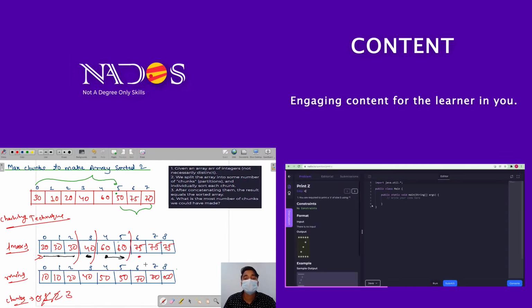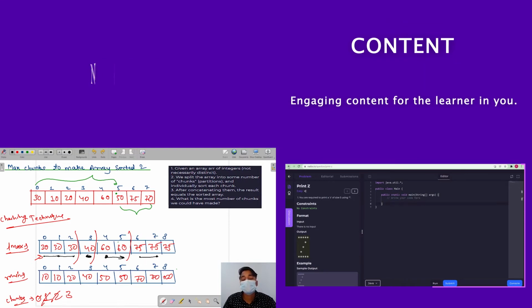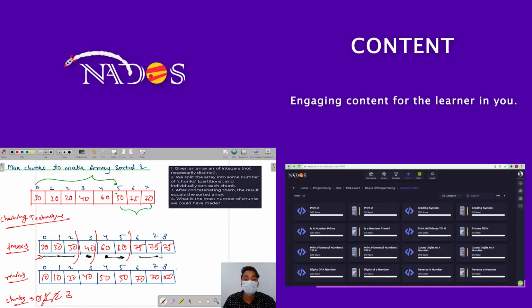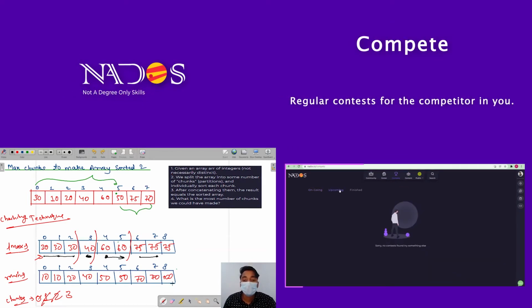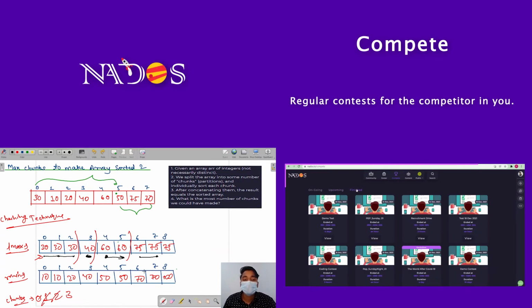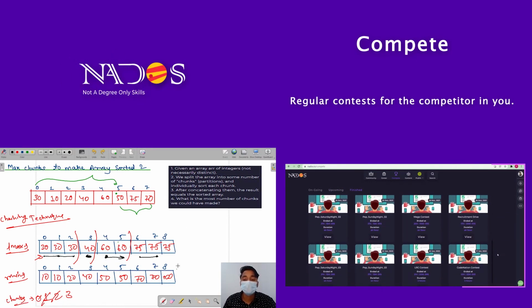Now we are at 75. The next index, that is 7 of rmin, has 70. This means this 70 can go to the 7th index also. And at this position we are at the 7th index. Why are we making the size of the rmin the actual size of the array plus 1?